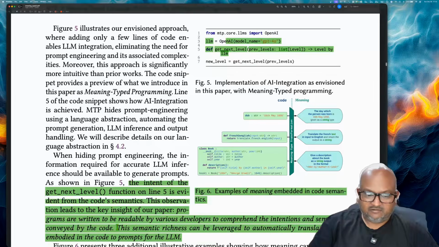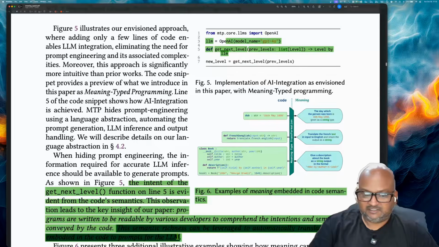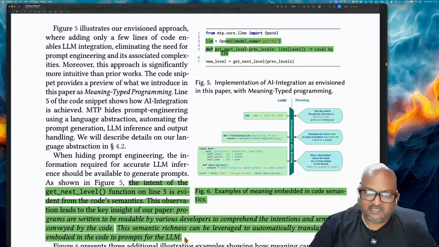And now, today, using LLMs, you can actually understand those semantics and use that semantic understanding to then craft a prompt to give to the LLM to implement some kind of functionality. And here are a few other examples where they give a little code snippet and what its meaning might be given just the strings in that code snippet.